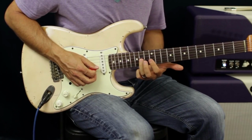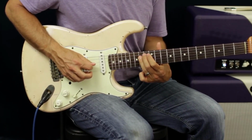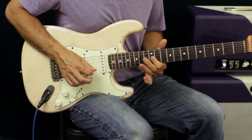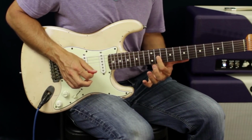I'm going to pull off 14 to 12 on the G, and then I'm going to go 14 D, G, back to D. And then I'm going to slide down a half step to 11. So we have